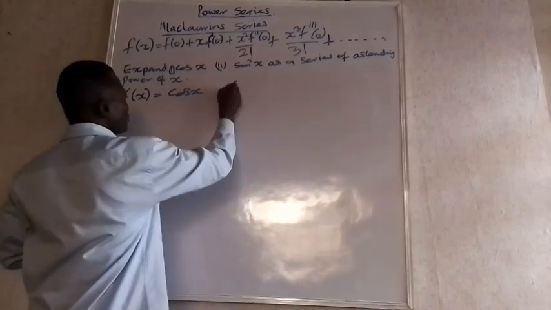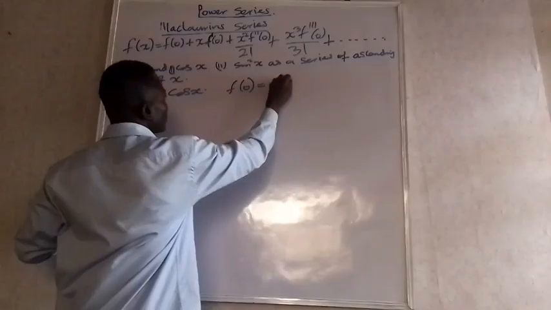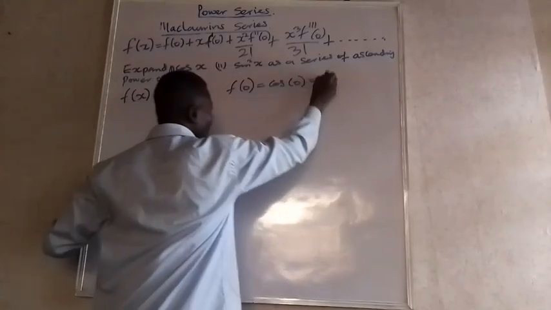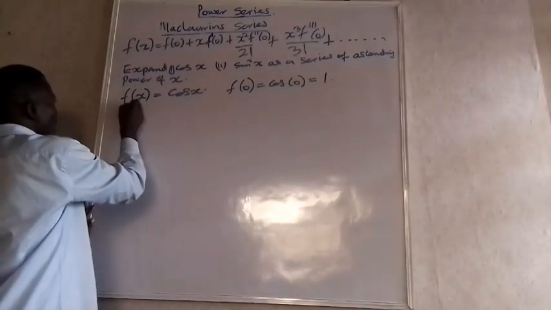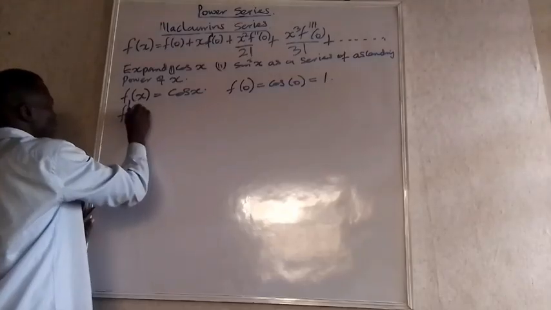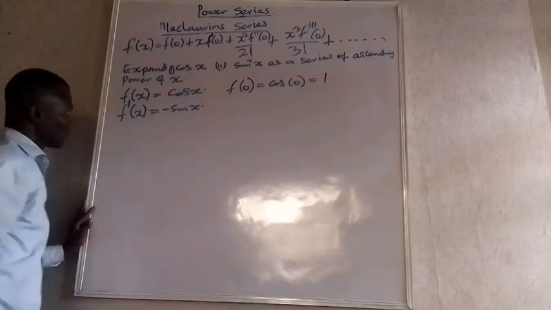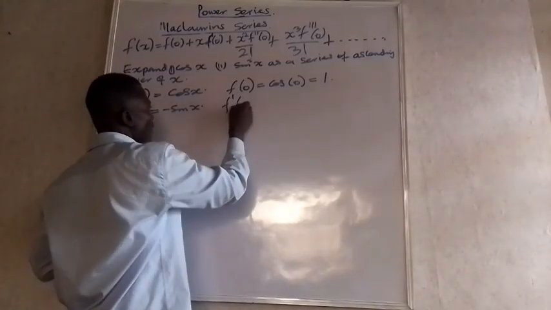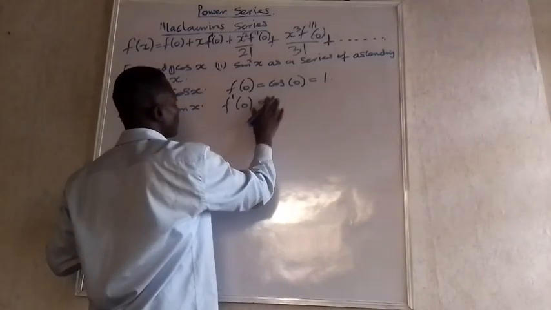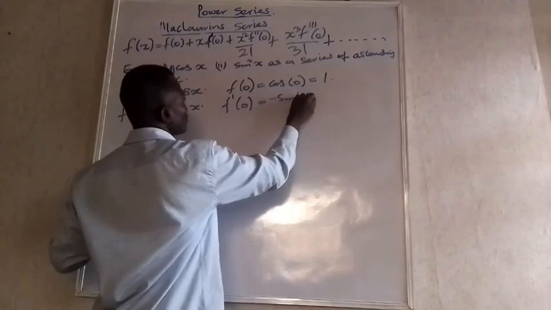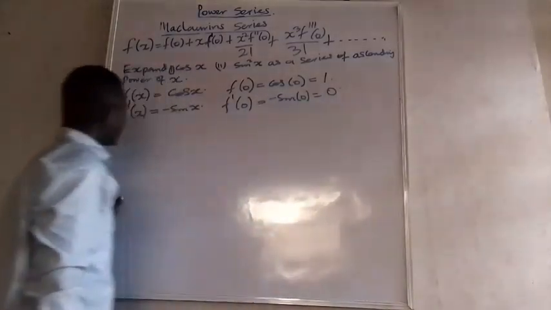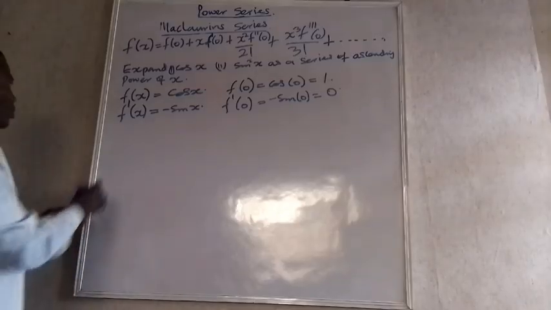So that's the first one. That is 1. The next one is this. I differentiate f(x). That is minus sine x, isn't it? So the next one I'm going to have